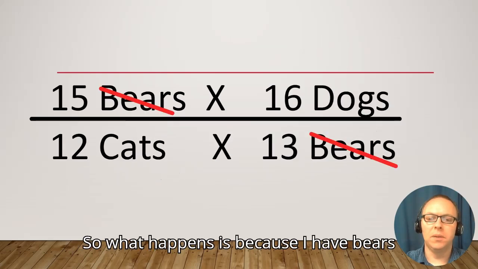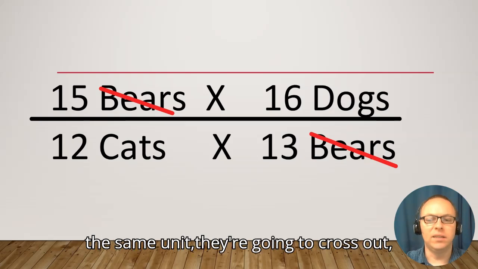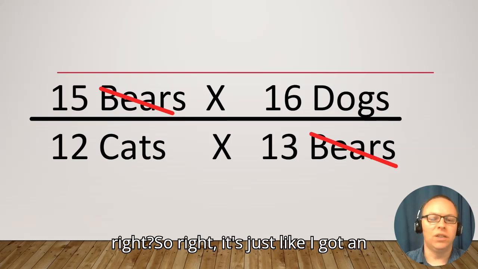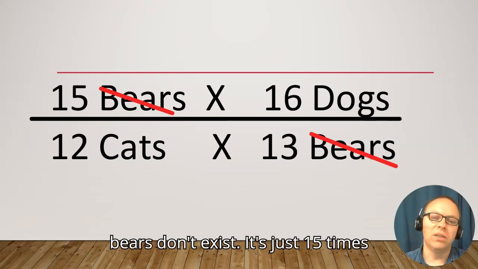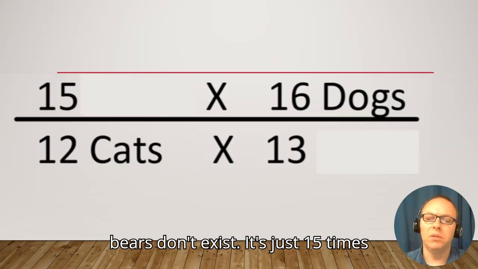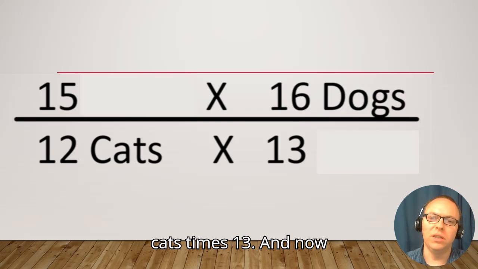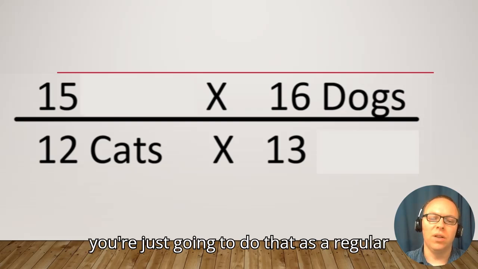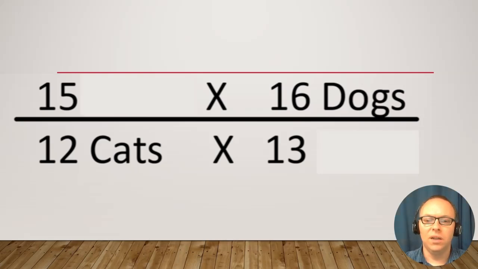So what happens is because I have bears above and below the fraction line, right? That's the same unit. They're going to cross out, right? It's just like I got an eraser, erased it, and so now bears don't exist. It's just 15 times 16 dogs, and it's 12 cats times 13. And now you're just going to do that as a regular fraction. So 15 times 16 is going to be